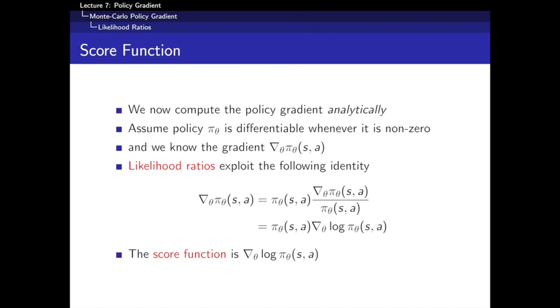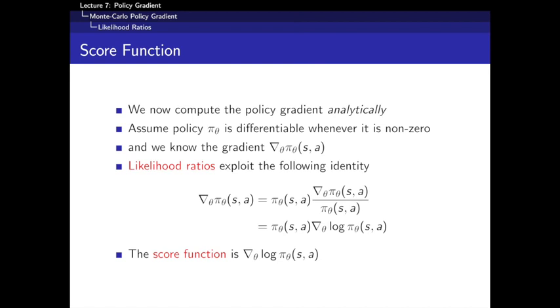And the likelihood ratio trick, I'm just going to put it up in isolation, because what we're going to see pretty much for the rest of the course is this magic gradient of the log policy term appearing. I think it's useful to understand why this gradient of the log appears, because otherwise you'll just be scratching your head saying, why are we suddenly looking at the log of the policy, not the policy itself? And it basically comes up